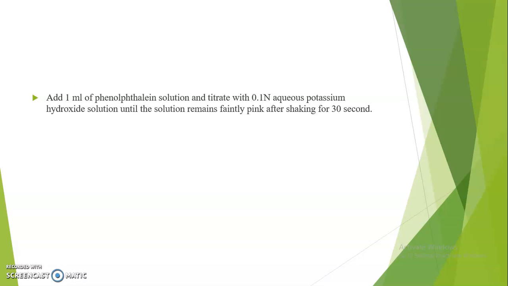There are two different types of rancidity. One is hydrolytic rancidity and the other one is oxidative rancidity. If fats are hydrolyzed in presence of moisture and warm temperature, or also by bacterial enzymes, into glycerol and fatty acid, this type of rancidity is known as hydrolytic rancidity.